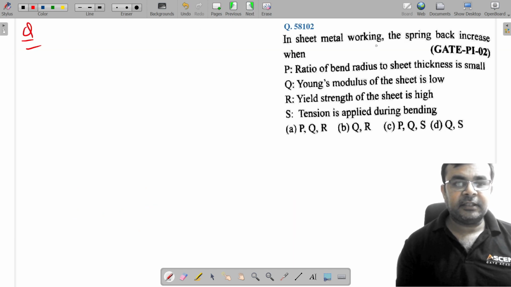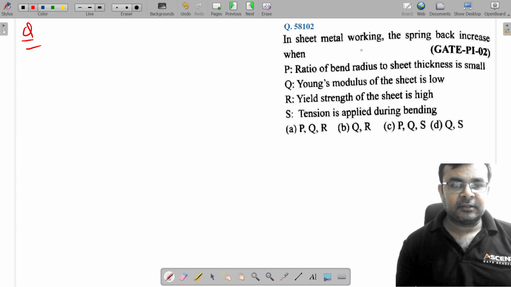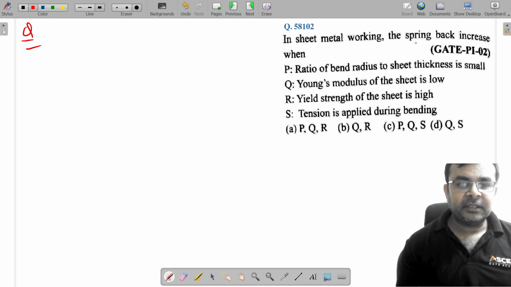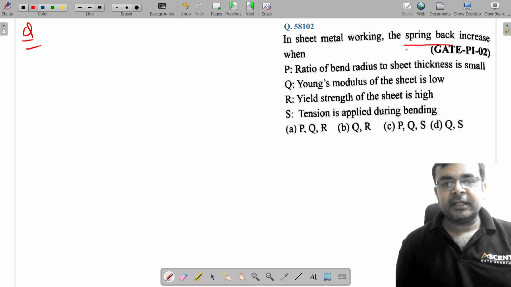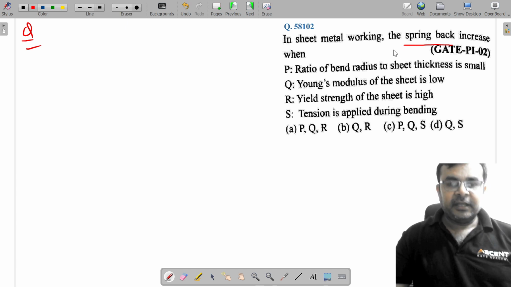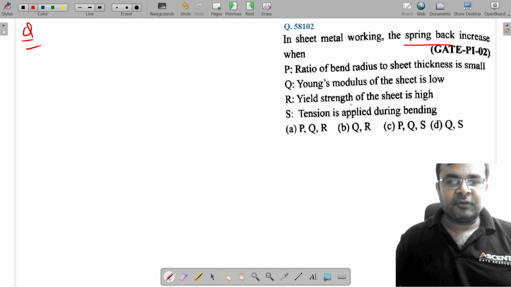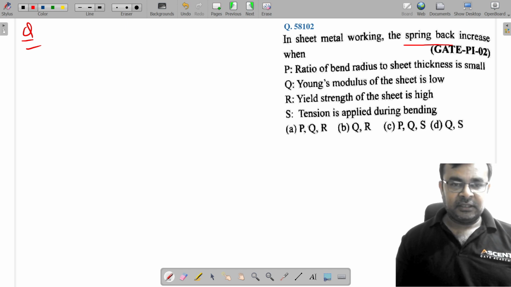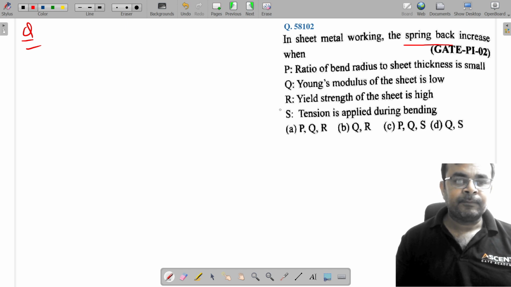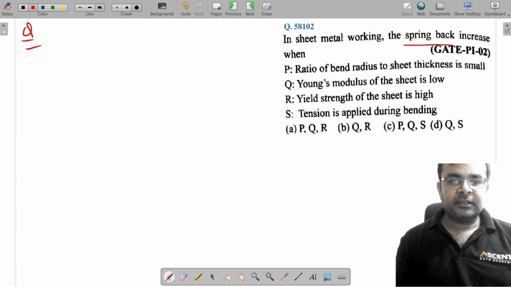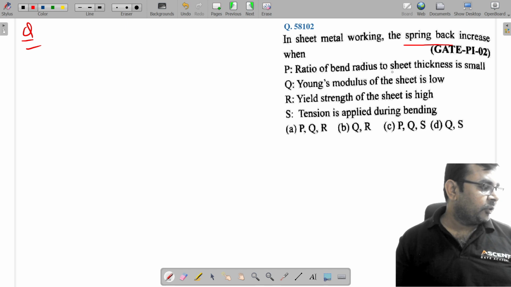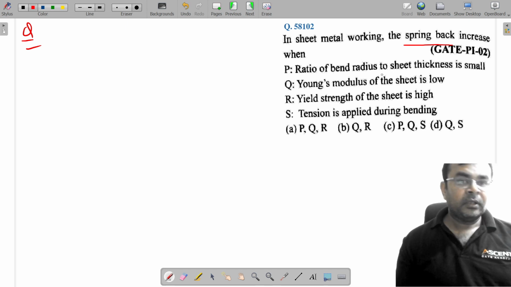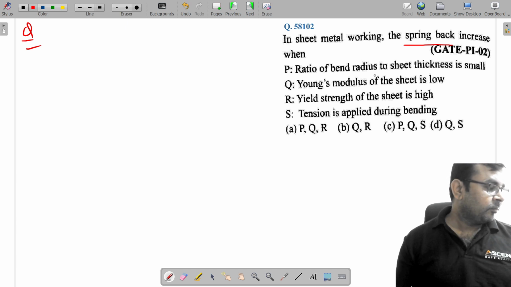Next, you can see in sheet metal working, the spring back increases when. Spring back means when you apply load, the material gets deformed. But since in the material we have some amount of elastic deformation, the material recovers some amount of dimension. So this is called spring back, and the ratio of bend radius. So in sheet metal working, the spring back increases when